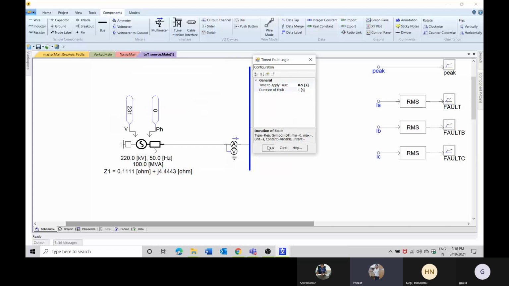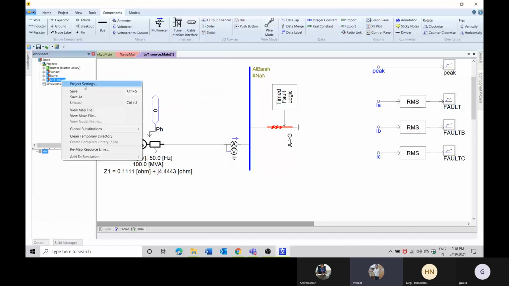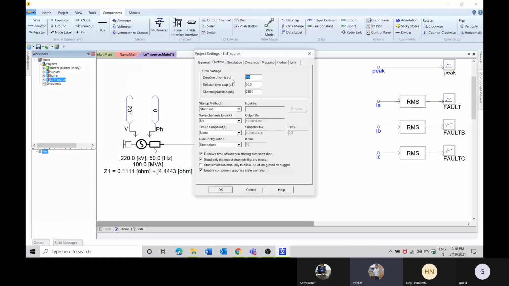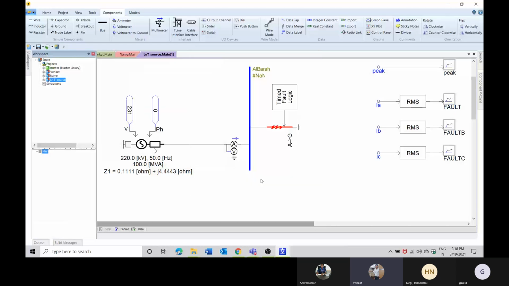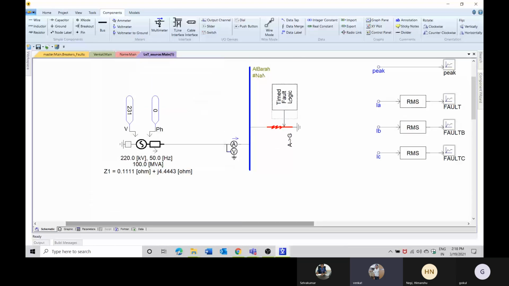Let us see what happens. And I have kept my project setting duration as 0.5, solution time step as 50 and channel plot step as 250. Okay, now let us see. Now I am going to run this simulation, and before that we have to take that output from the particular file.